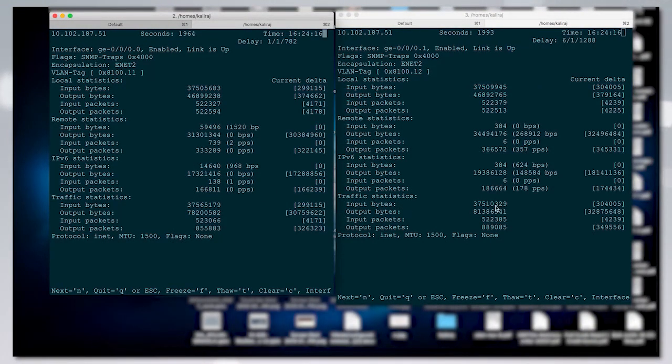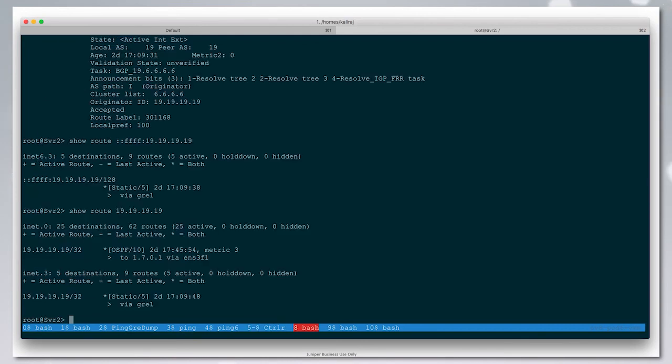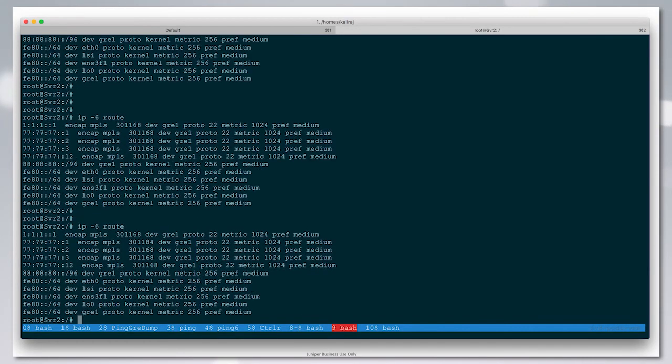Traffic shifted to the other interface. All this is happening with just a route on the server changing. There is no routing changes on the ASBR or any other router on the network. So, just a controller is able to tell the server where to direct the traffic to, and it's able to do it. So we can see the route change in the Linux shell,